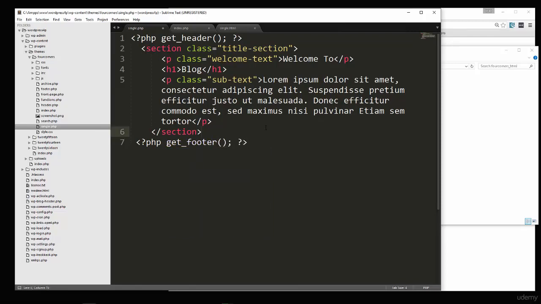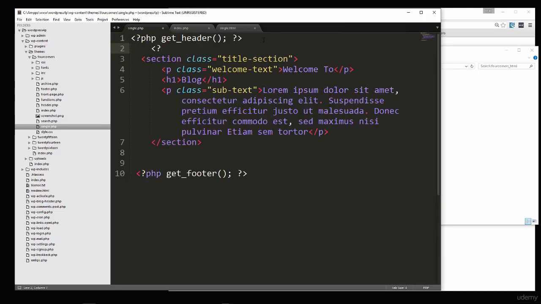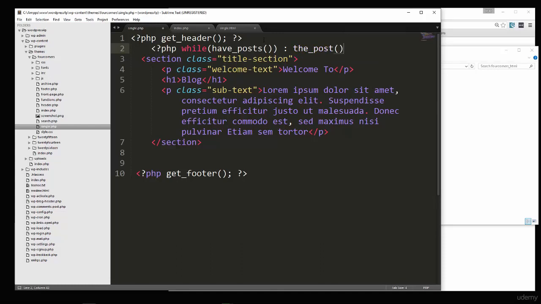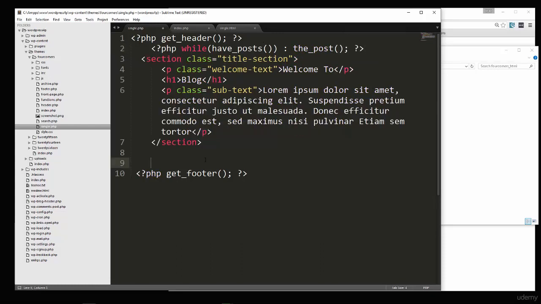Just like that. Alright, now we're going to want the while loop to start up at the top because we want the title to be in the title section. Alright, so let's say PHP while have posts, the post, end while,